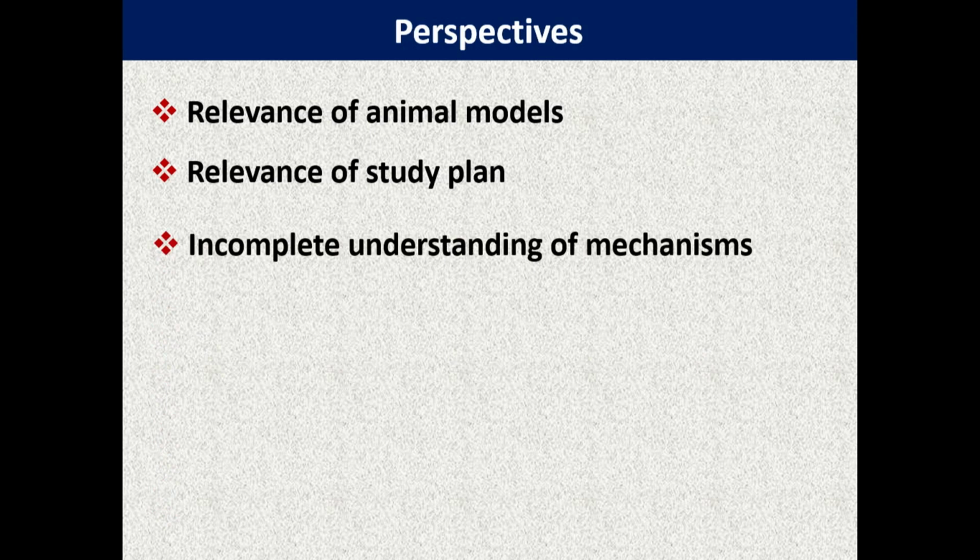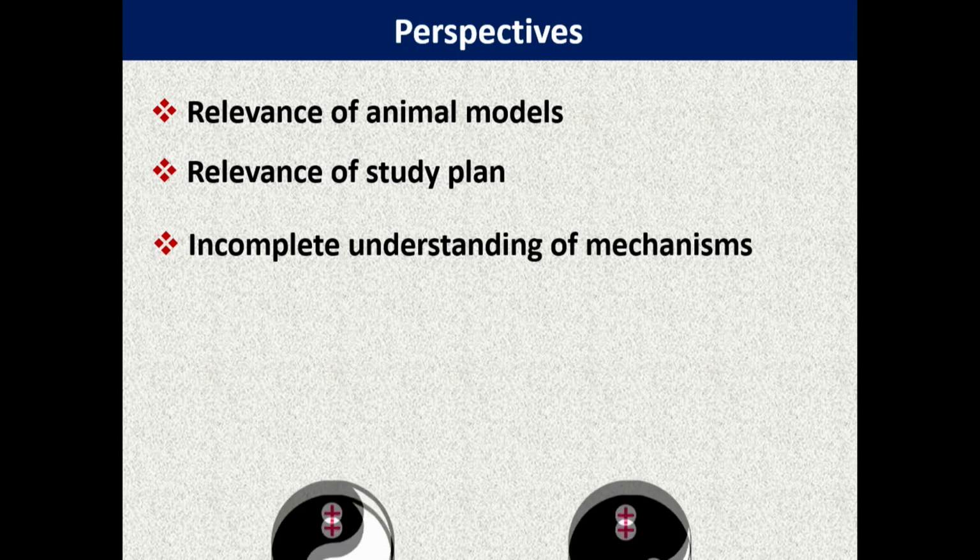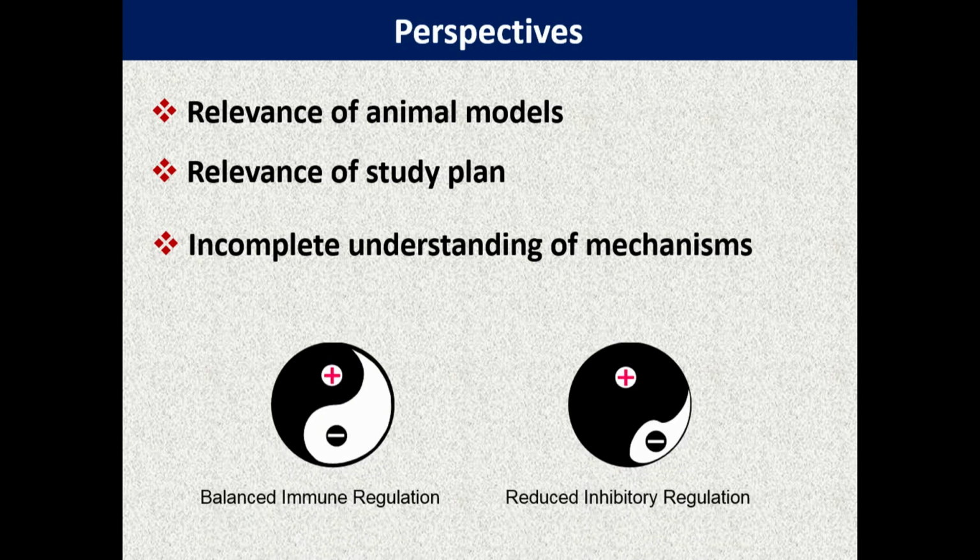Another thing I want to mention is we still need to enhance our understanding. Dr. Calavar's presentation actually fits very well with my thought now, because for the whole system to be healthy, you need a balanced regulatory system, like the immune system. Both the activation and inhibition systems should be balanced. In the event of injury, not only is there activation of some immune cells, but the regulatory branch of the immune system is reduced. That's really a problem, especially in the chronic phase.